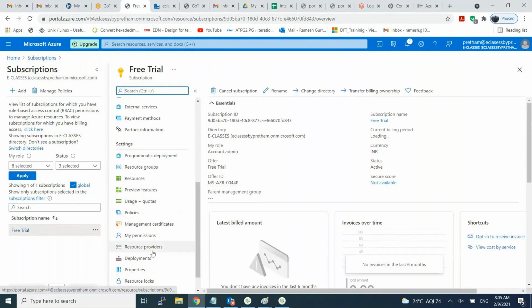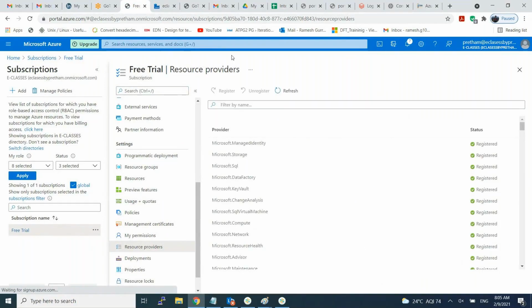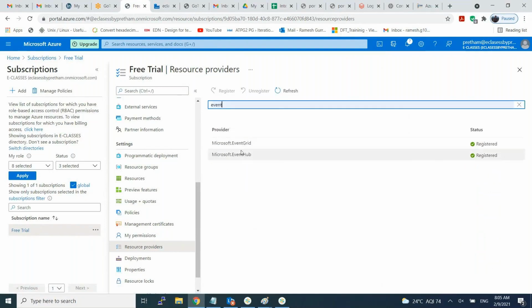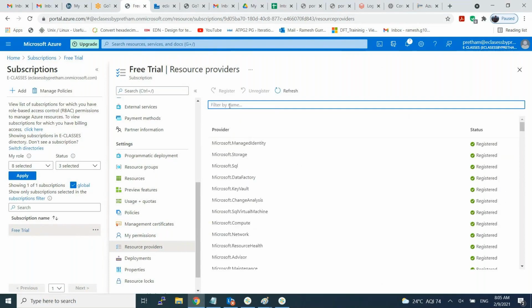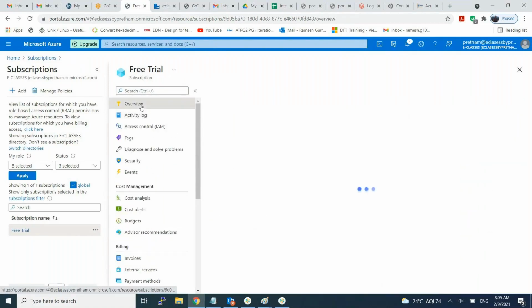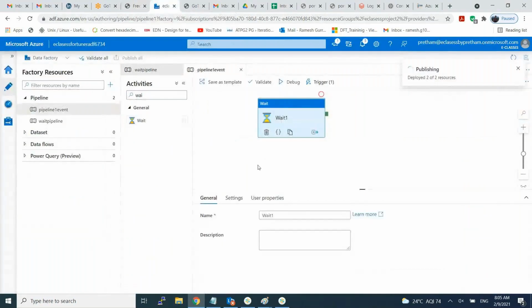Go to resource providers. Both are registered. Okay. Perfect. So when this pipeline will be executed, it's still deploying. When the file is deleted,